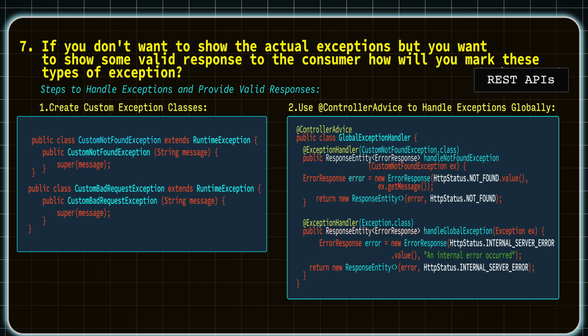Generally this is the case of throwing custom exceptions. We have to follow 3 steps to achieve this. First one is to create custom exception classes. Then using controller advice, we need to handle the exceptions globally. And the final third step is we need to throw that respective custom exception from the controller or the service